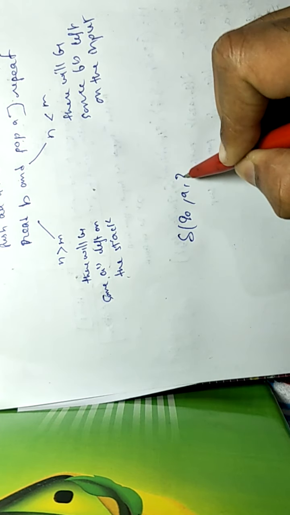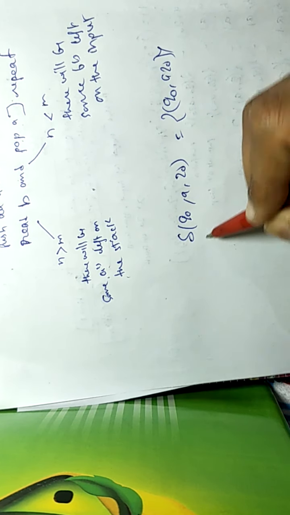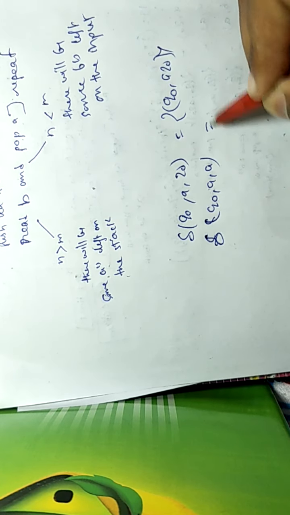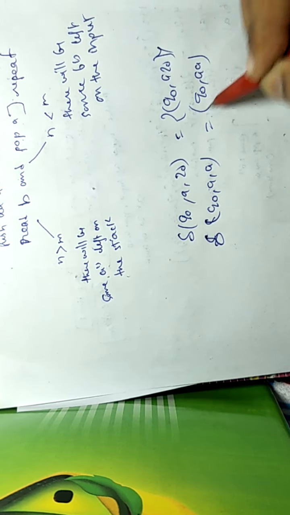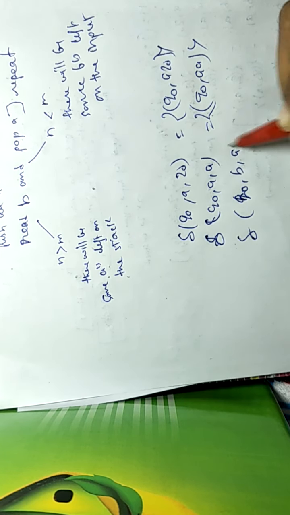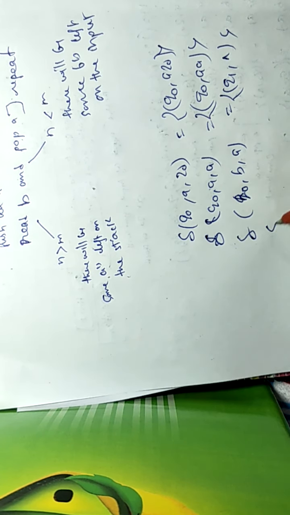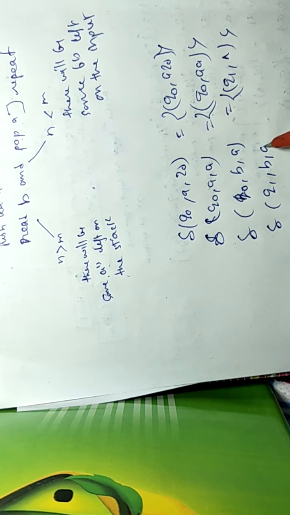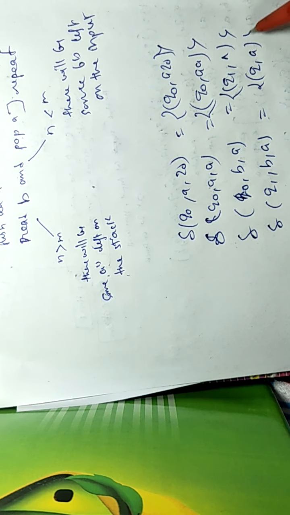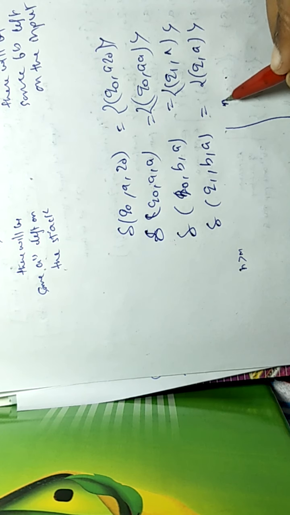q0, a, z0 to q0, a z0, then pushing all a's, then reading b. This will be the first b, so changing state here to q1 and pop a. Now on q1 reading b, a on the top, so pop all a's one by one. Then there will be a situation either n greater than m or n less than m.